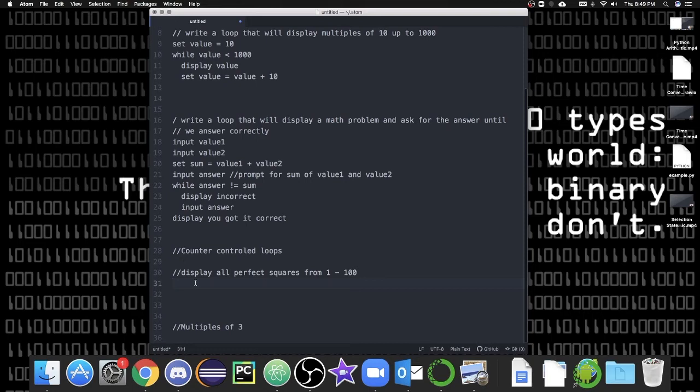Counter-controlled loops are a little bit different. They're always going to be done a specific number of times. Now that number of times could vary based upon user input, but we should know by the time we get to the loop exactly how many times it's going to run. Like in this particular example up here, I have no idea how many times that loop's going to run, or if it's going to run at all. It may not even run. But a counter-controlled loop, by the time I get there, I should know exactly how many times it's going to